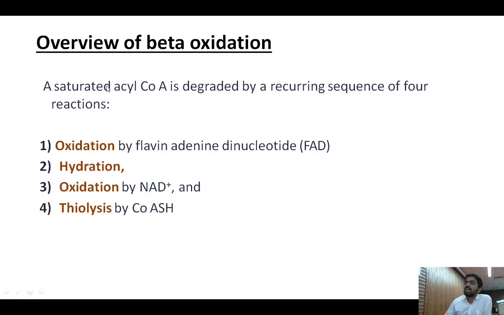So there the activation will happen once only. It will form the 16 carbon acyl coenzyme A chain of the fatty acid. Then oxidation will happen, hydration will happen, oxidation will happen, thiolysis will happen, ultimately leading to the release of one acetyl coenzyme A, one 2 carbon unit. Then the 14 will remain, right? One acetyl coenzyme A has been released, then again this whole 4 reaction sequence will happen, again 2 more carbons will go, then 12 carbon will be left. So like that, the cycle will repeat as long as there are more than 2 carbons in the chain.